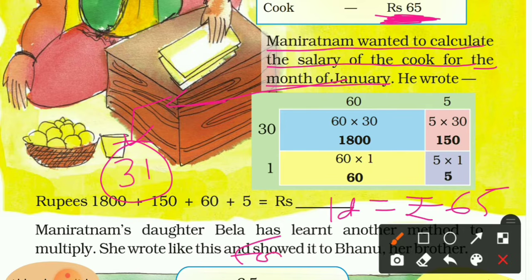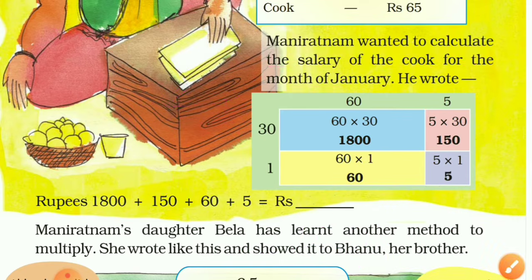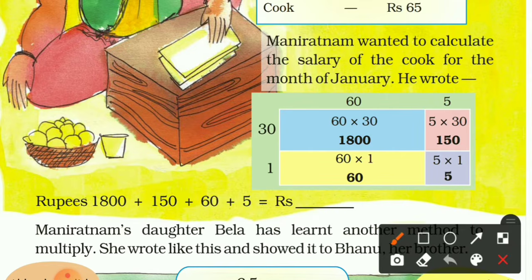So for 31 days, here you can compare the days, one day and 31 days. Here we are going to find the values from minimum to maximum, right? Here 1 is minimum and 31 is maximum. So in this condition we just multiply the numbers. So now here we have to multiply 31 with 65, and the cashier is multiplying 65 with 31 in a different way.